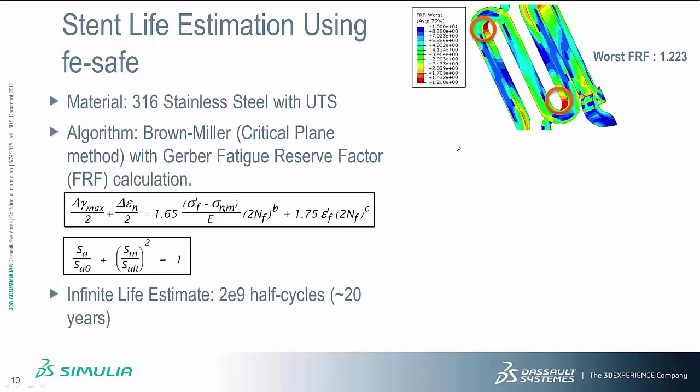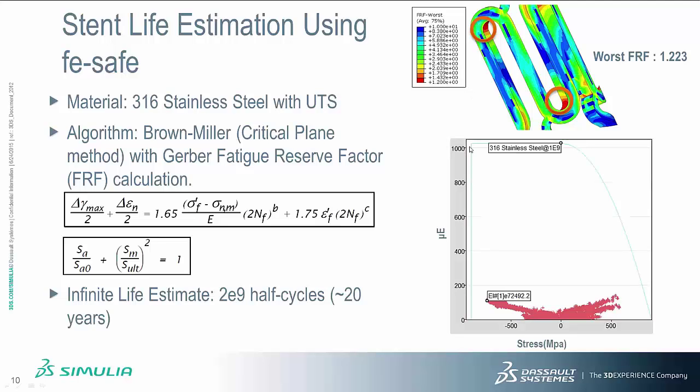The contour plot on the top right shows the fatigue reserve factor, and the regions highlighted in red show the area for which the fatigue factor is the worst. That is the component that is most likely to fail or has the lowest fatigue life cycle